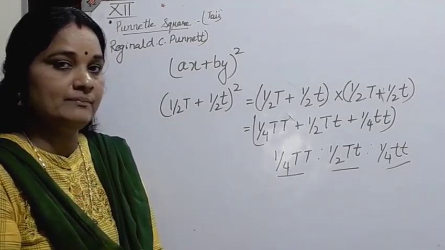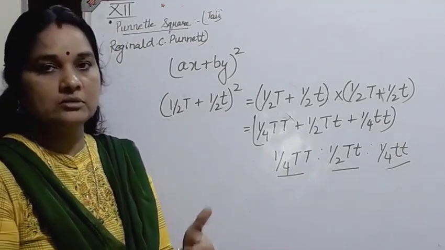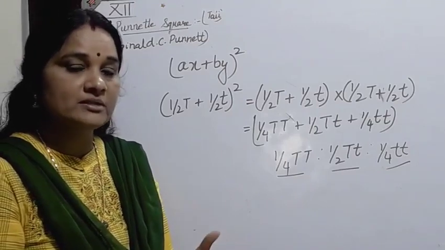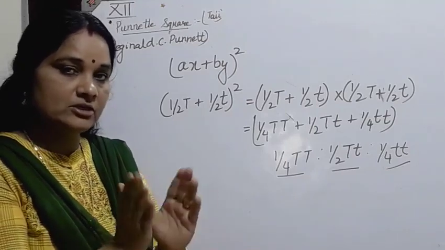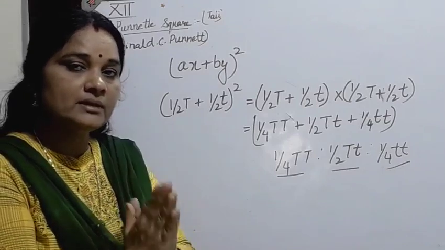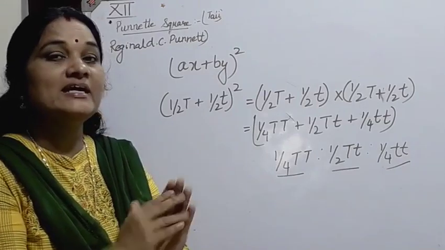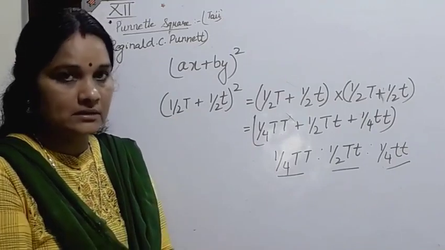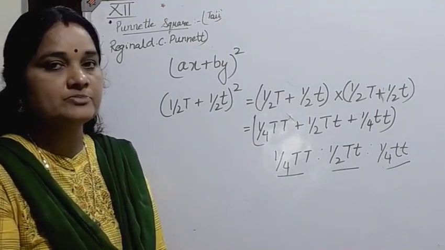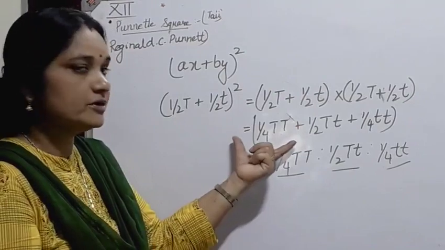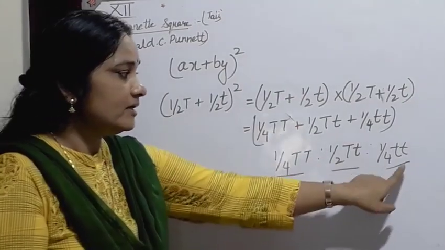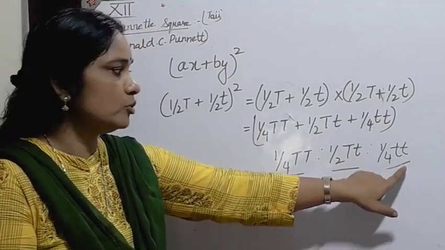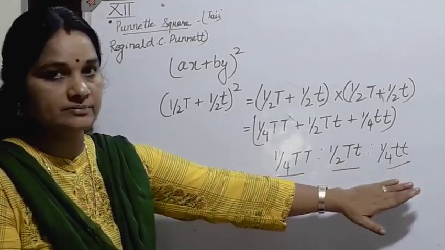And at the same time, he also gave two important laws, that is law of dominance and law of segregation. Law of dominance is nothing but, if there is a heterozygous condition, there is a dominant allele present and that will be expressed over the recessive one. The recessive allele will remain the hidden factor. It will not be expressed in the presence of a dominant factor. And a recessive factor is expressed only when both are in the homozygous condition.